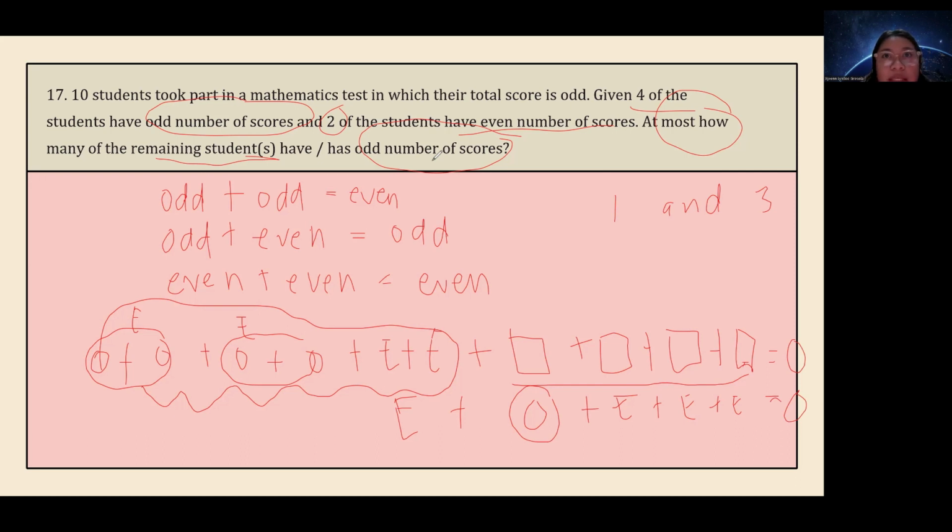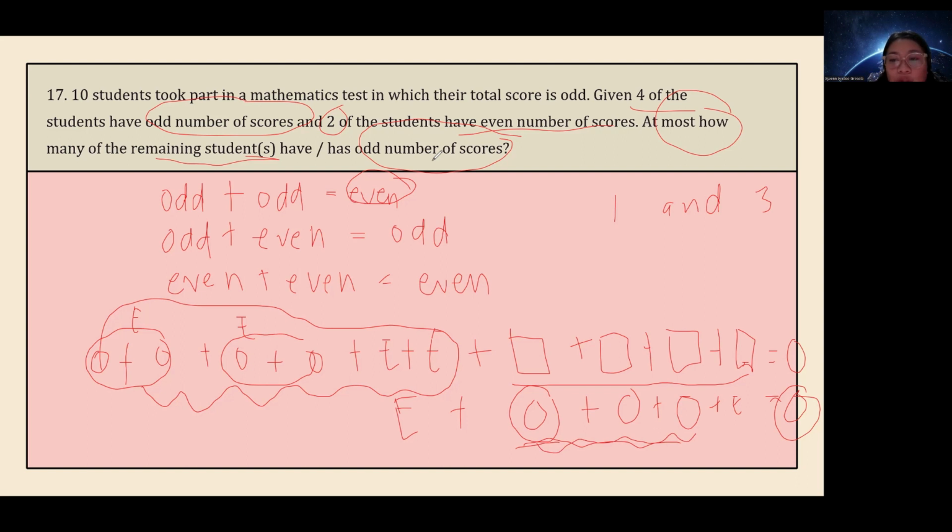But if the count is even, in the case of odd plus odd, you have 2 odds. So you will get an even result because you can pair up those odd numbers or odd scores and you will get an even result. Okay, so in this case, we only have 1. But is this the maximum? No, right? Because we could still have 3 odd scores to still make the result an odd value and having the maximum to be 3.